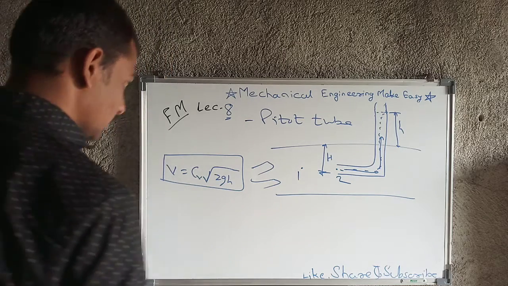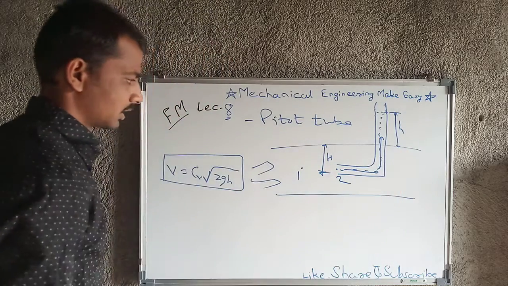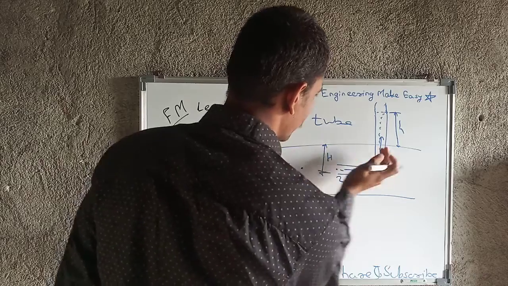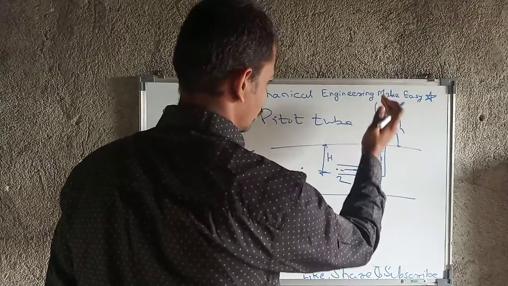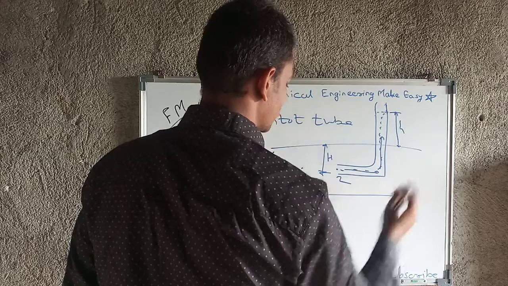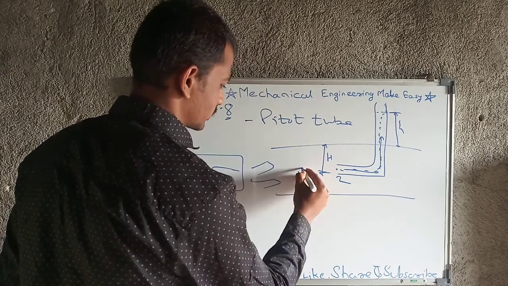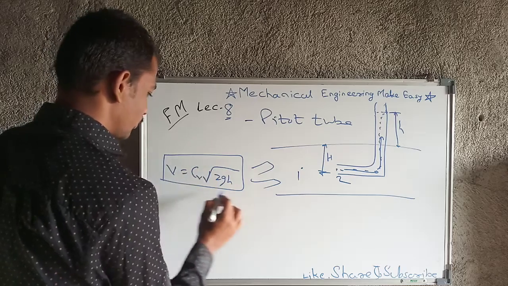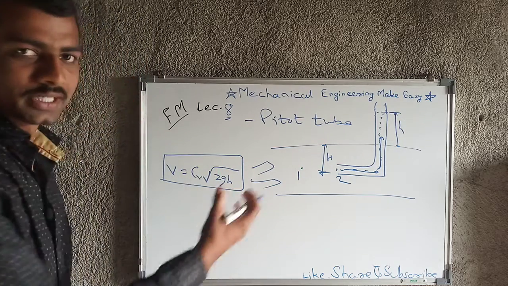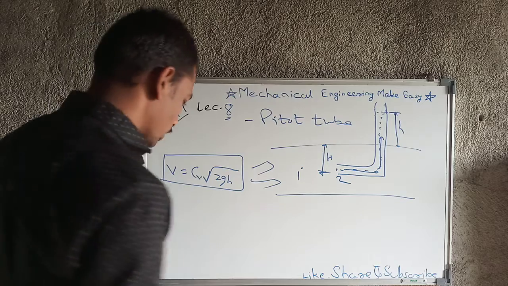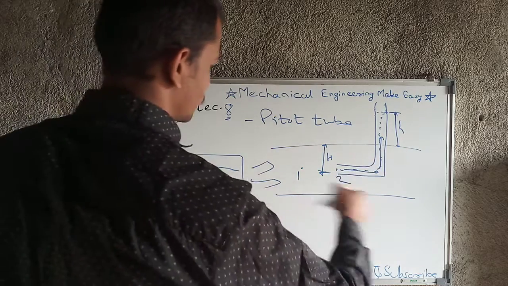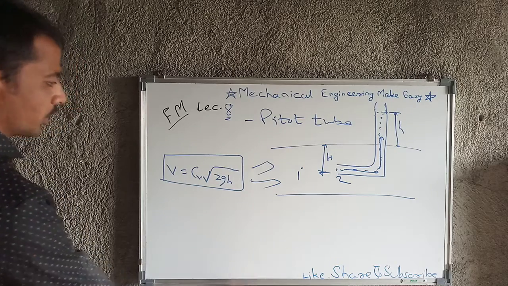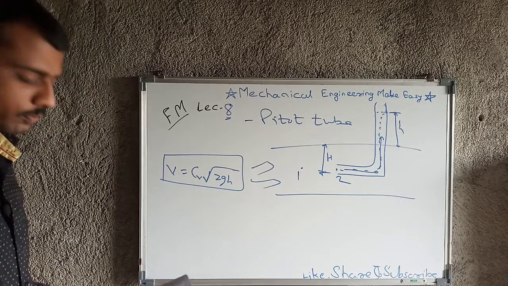Okay, so this is the construction of the pitot tube. Because of this horizontal section, the fluid will pass over in that tube, so we will get this height. As we have considered one section here and a second section here, ultimately from that we will get this equation. There is one derivation behind this. So you only consider this figure, draw this figure, and take note of this formula. No other thing is important for you.